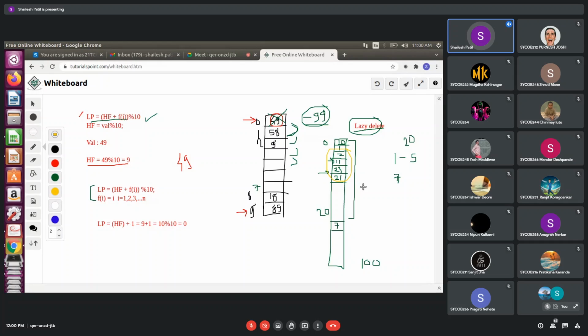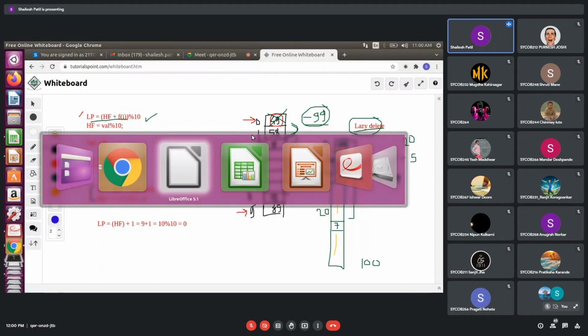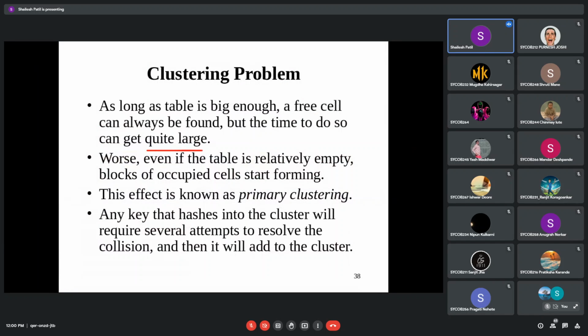So it's very difficult to find an empty position in this hashing. The whole area below is empty, but if the numbers come in this sequence, it's very difficult to find an empty position over here. So instead of placing the elements like this, we are placing them into the subsequent location. That will be a great thing that we can do.